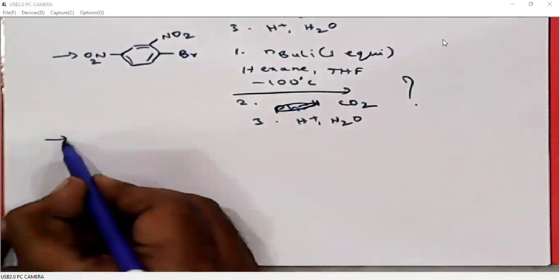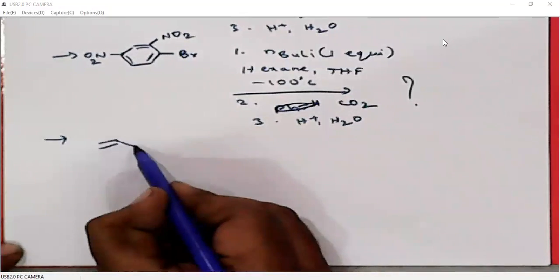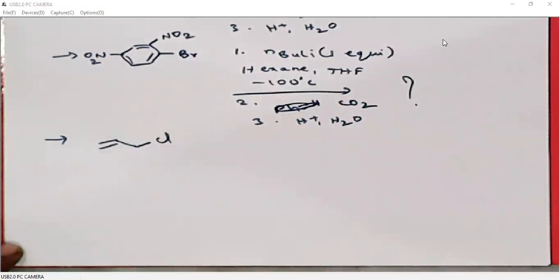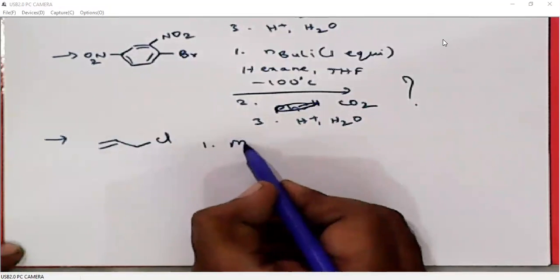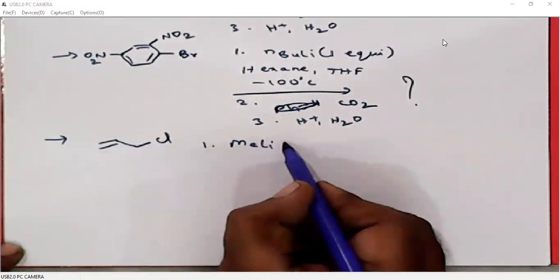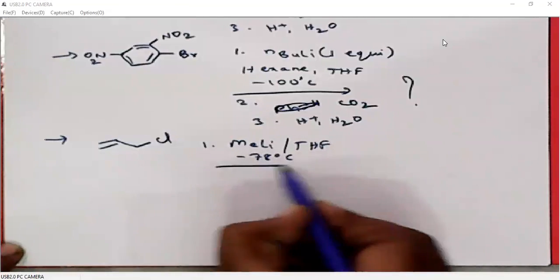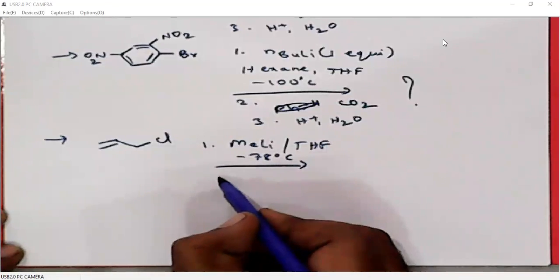These metal halogen exchange reactions are not confined to either alkynyl halides or aromatic halides. Even saturated carbon halogen bonds will also involve in metal halogen exchange reactions. In this case, allyl chloride, when it is treated with methyl lithium, it undergoes metal halogen exchange. So it generates vinyl lithium, and vinyl lithium